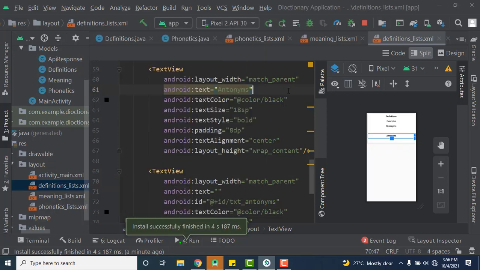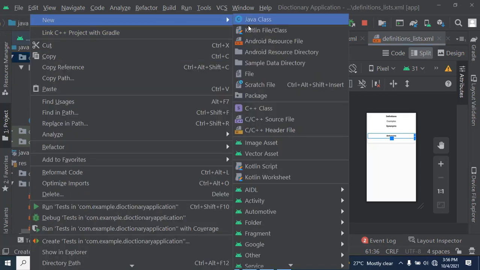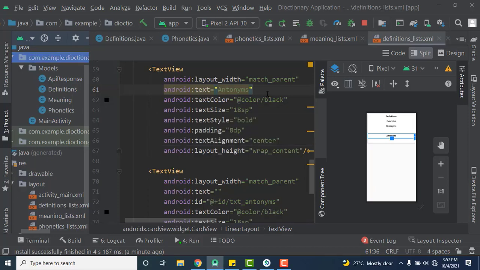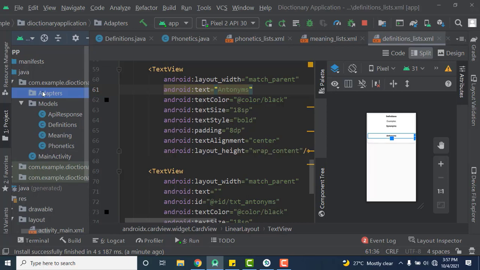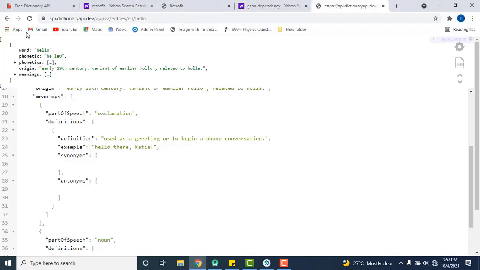So let's proceed to create our adapters. We are going to create a new package and call it adapters. Inside our package, we are going to create a class. The first one will be, let's check from our API, we have phonetics and we have meanings